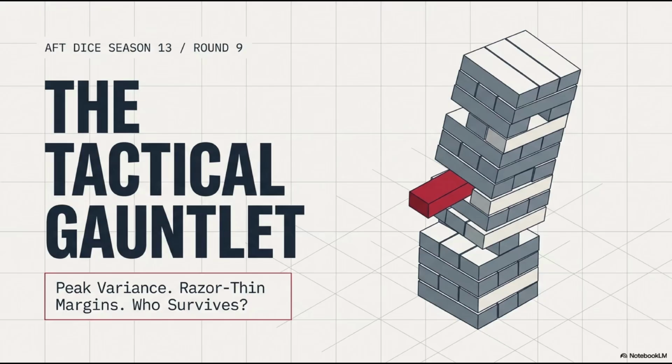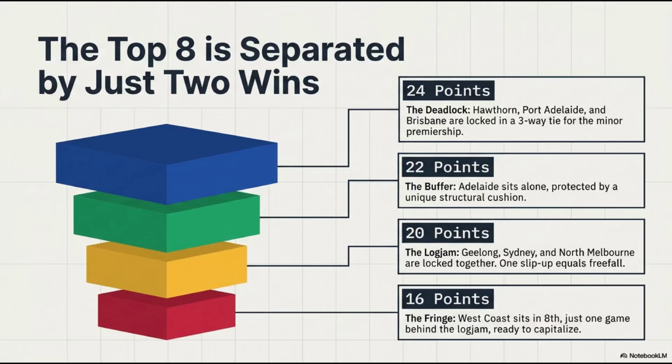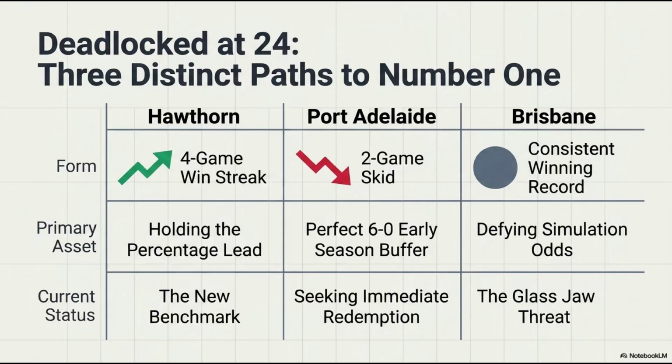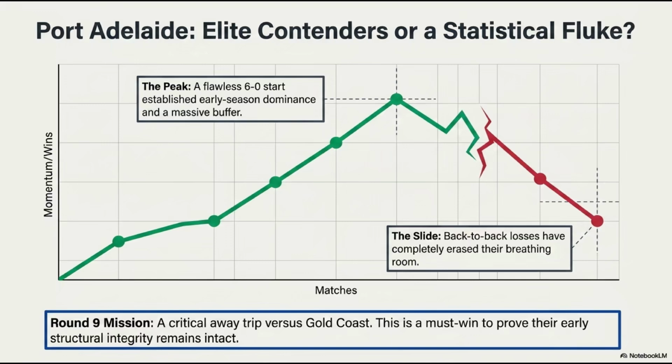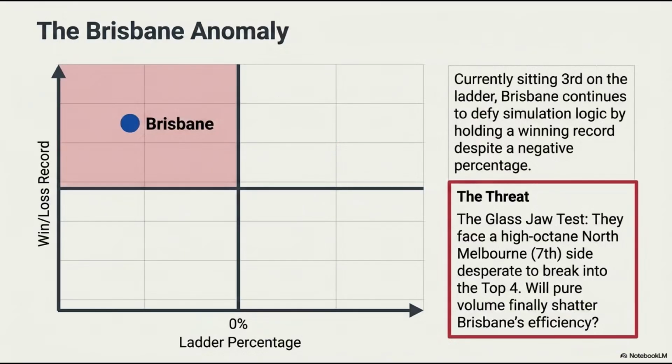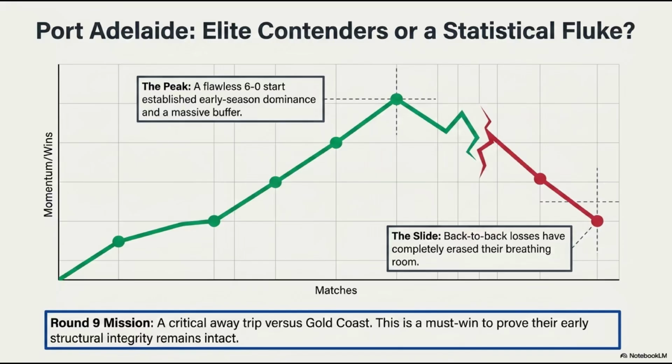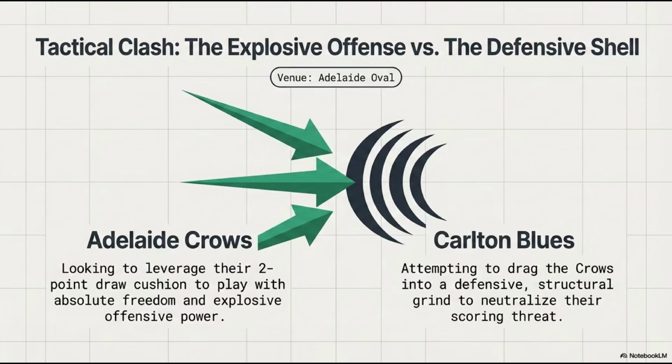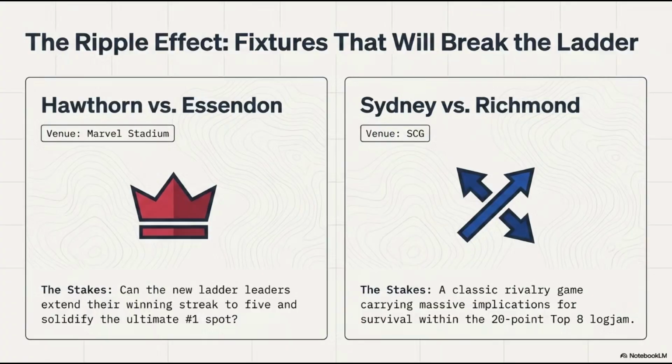And I think what makes analyzing this through the lens of AFL Dice Season 13 so illuminating is that it removes the human bias from the equation entirely. Oh, that's a good point. Right. When a real sports team loses or a real business fails, we scramble to blame external factors. We blame the referee, the weather, a player's attitude, or a sudden shift in consumer mood. Yeah, we always want a narrative. But in a pure mathematical simulation, you cannot blame anything but the underlying structural integrity of your own strategy up against the cold, hard reality of mathematics. It strips away the excuses and forces you to look at the pure mechanics of success and failure.